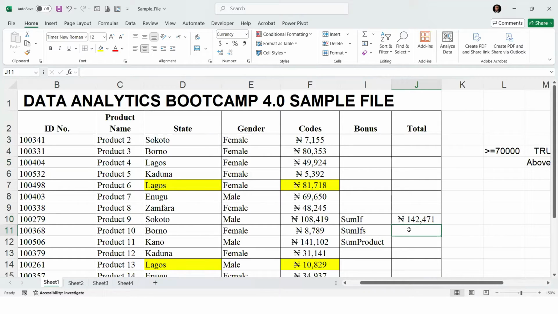The next thing is SUMIFS. With SUMIFS, we use multiple criteria for summation. For now, let's say we want to get the total sum of the salary of staffs that are females from Sokoto State. So female staffs from Sokoto State, we want to know the total salary that we are paying them. So we're going to say equals to SUM